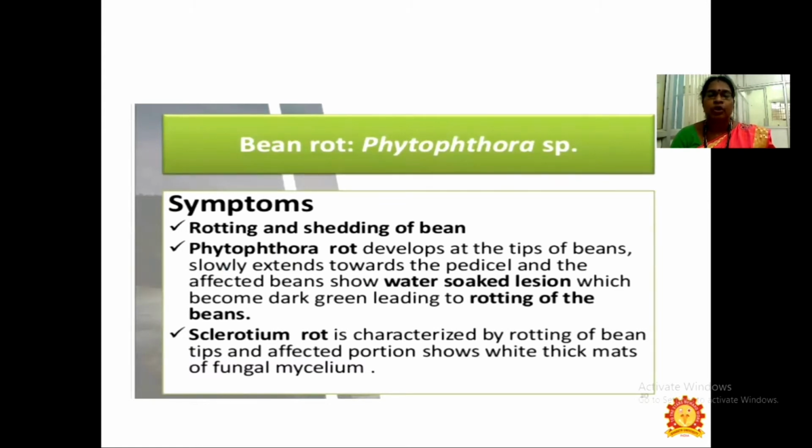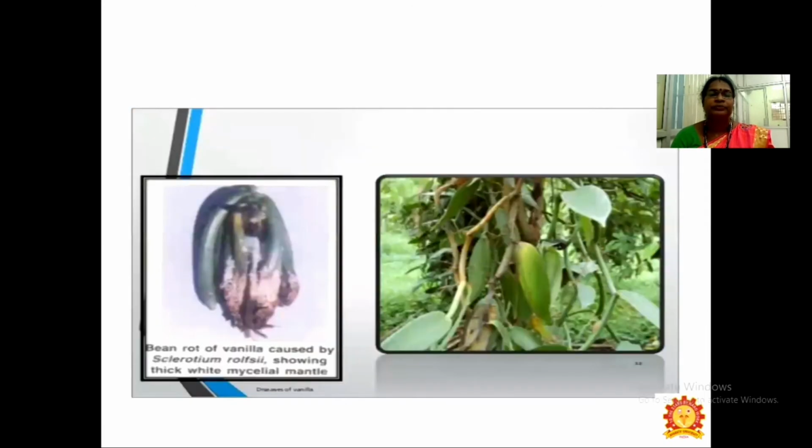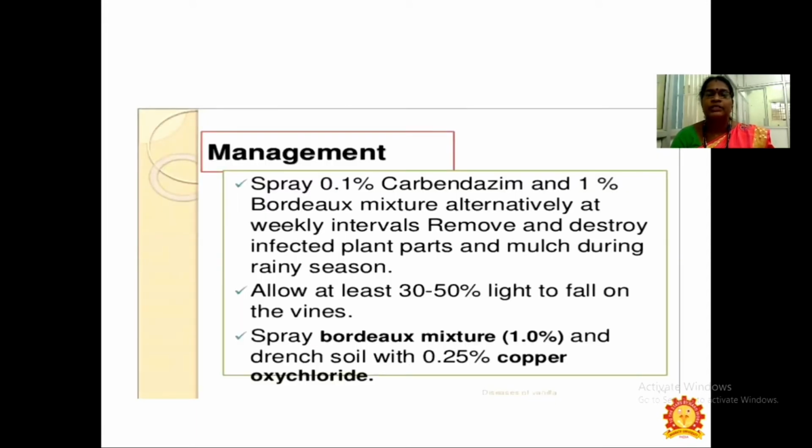Next, Sclerotium rot is characterized by rotting of the bean tip, and affected portions will show white colored thick masses of fungal mycelium. So see here, this is the rotting and shedding of vanilla beans, which is caused by Sclerotium, which will have a white colored powdery mass on the upper surface of the beans. Management: we have to spray 0.1% of carbendazim and 1% of Bordeaux mixture alternatively at weekly